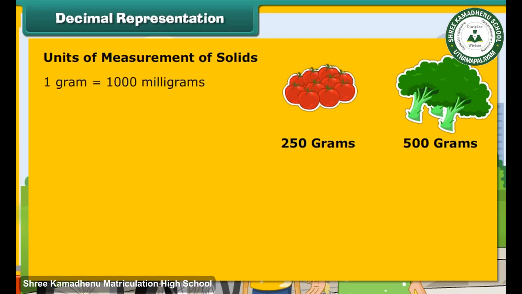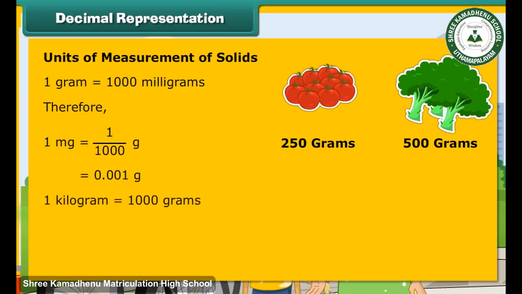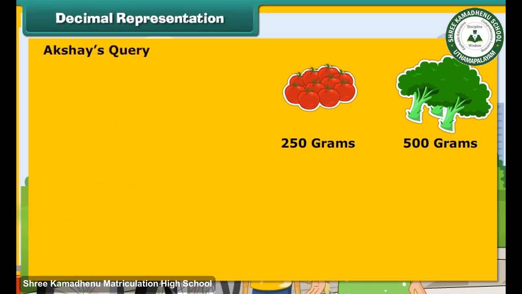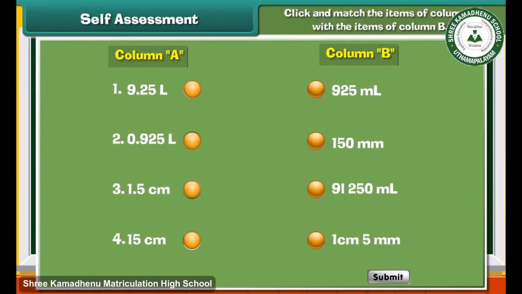1 gram is equal to 1000 milligrams. Therefore, 1 mg is equal to 1 by 1000 gram. That is equal to 0.001 gram. 1 kilogram is equal to 1000 grams. Therefore, 1 gram is equal to 1 by 1000 kg. That is equal to 0.001 kg. Let us now express the vegetables Akshay's mother purchased as kilograms. 250 gram is equal to 250 by